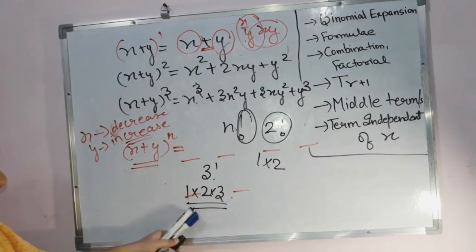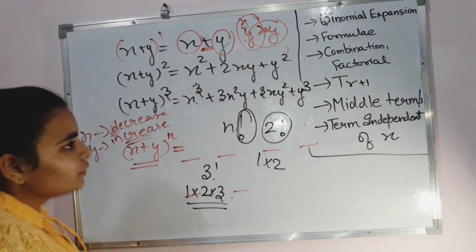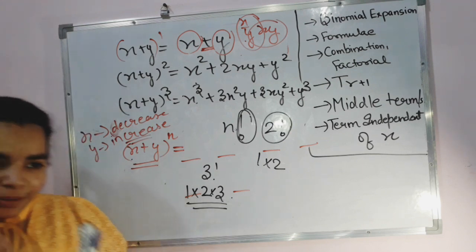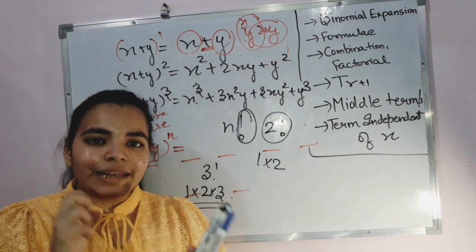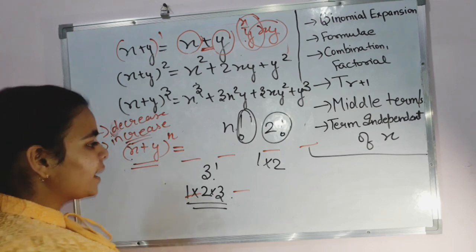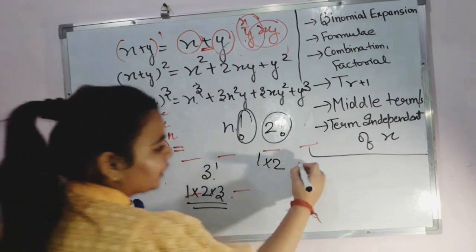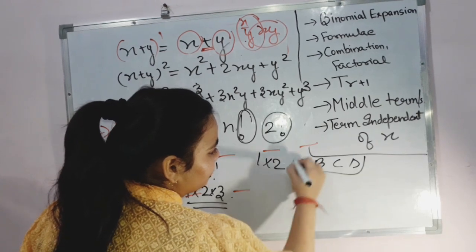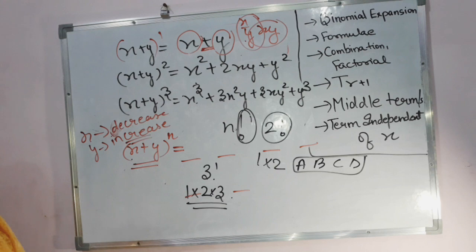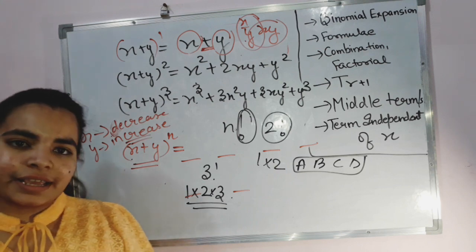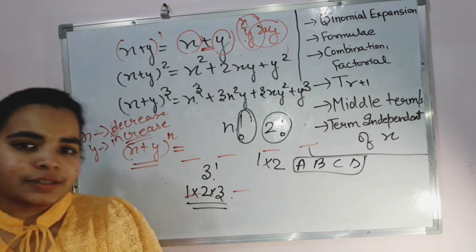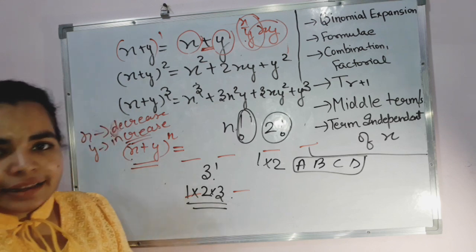Is it clear? Now, after this we have the combination. So what do we mean by combination? Combination basically refers to the selection of a certain group of things. Let's say I have got A, B, C and D with me. Now from these 4 terms which are given to me, I have to select any 2 terms. Apart from this, no other condition is given to me. So I can select any 2 terms.